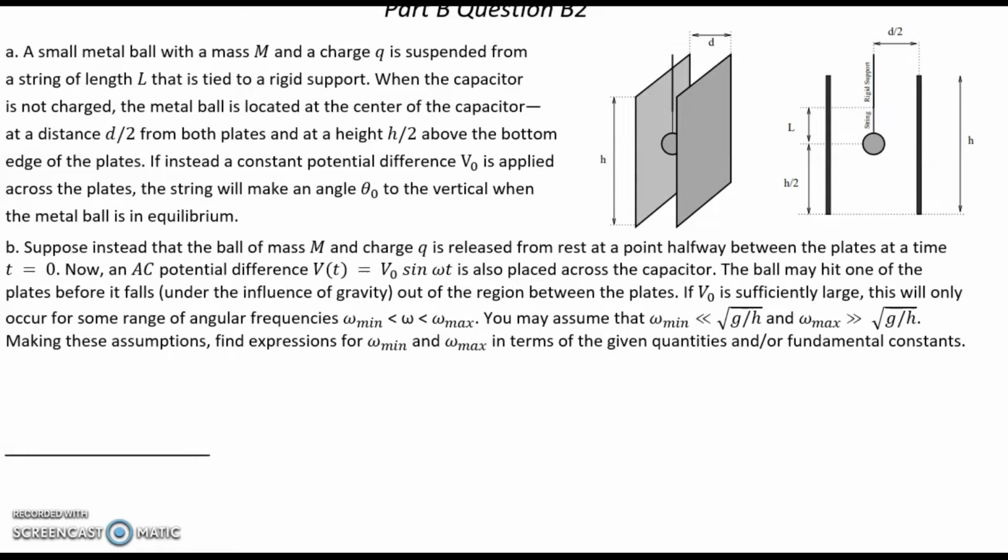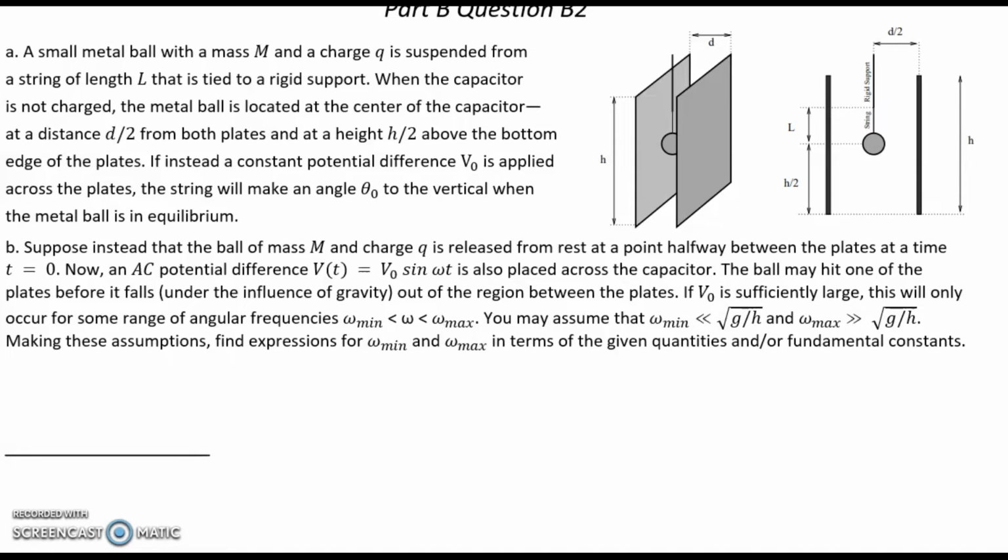The ball may hit one of the plates before it falls under the influence of gravity out of the region between the plates. If V0 is sufficiently large, this will only occur for some range of angular frequency omega minimum less than omega